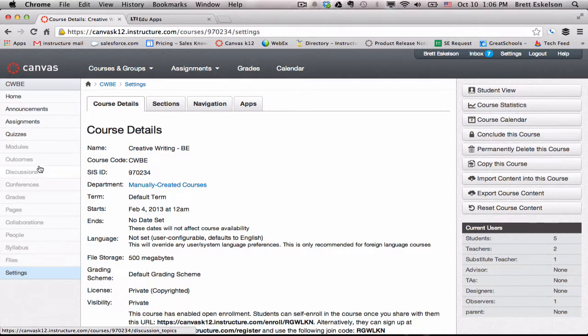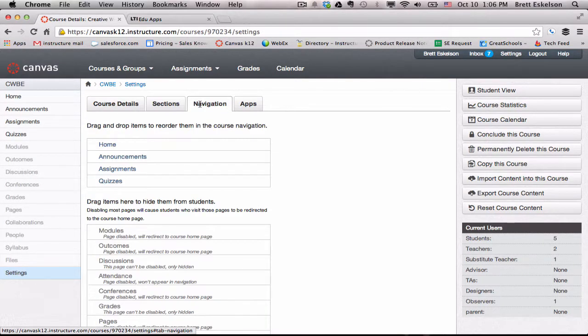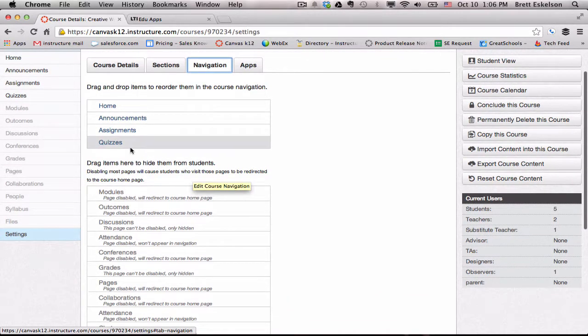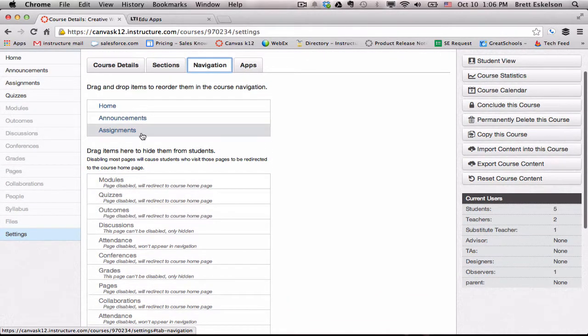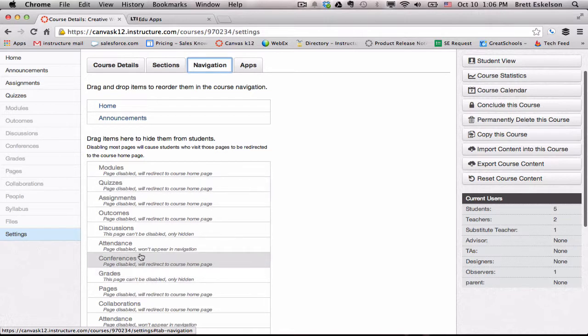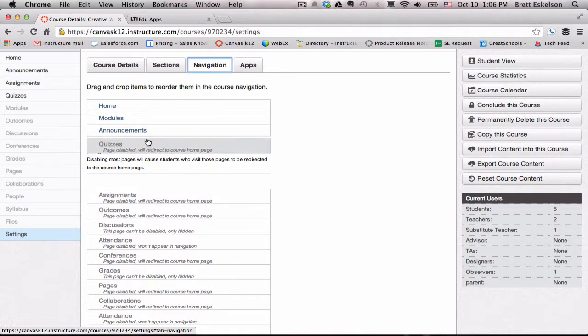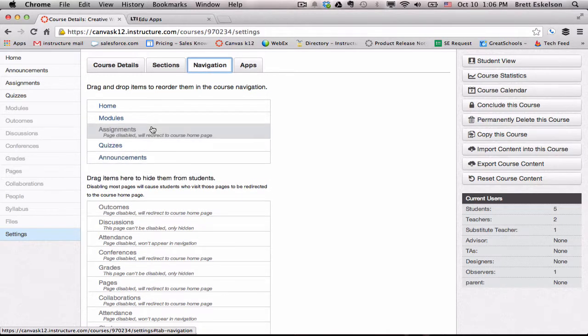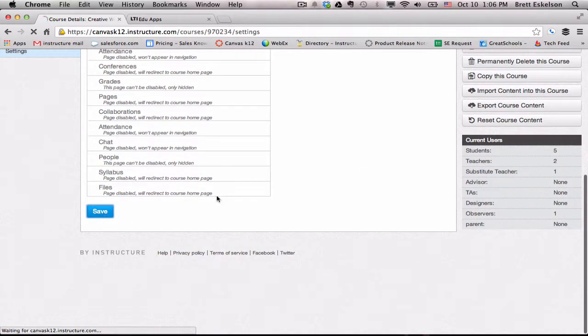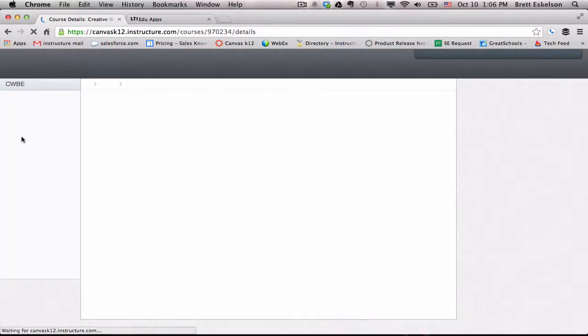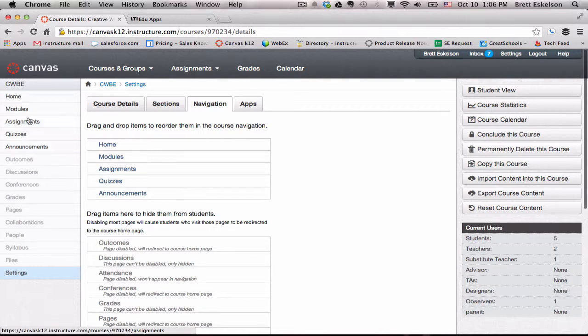But if we want to customize this navigation, I'll use this navigation tab here. And then it's as simple as just dragging. If I want to hide them, I just drag them down here and they'll be grayed out. Or if I want to bring some of them up, I can just pull them up into here, and we'll pull up quizzes and then assignments. And I'll save this. And now we'll see, so it looks like modules, or one of these just appeared. So now I've got a little bit bigger one. I'll show you the student view as well. So if we click on student view,